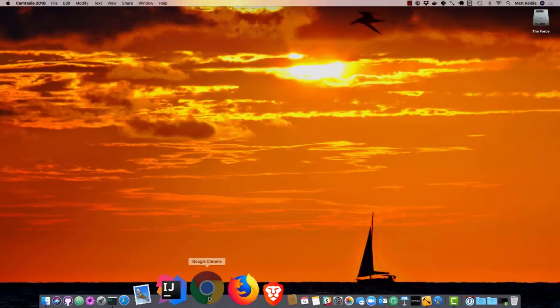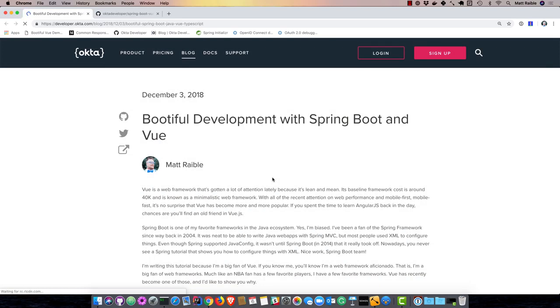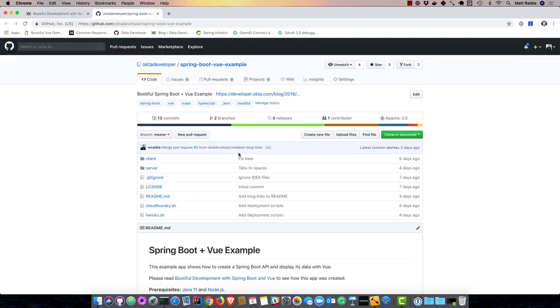So this is based on a blog post that I published earlier this week called Bootiful Development with Spring Boot and Vue. It goes through and shows you how to build a beers API that has a list of beers, and then it filters out the ones that aren't so great and only gives you a list of good beers. The GitHub repo for this is in the Okta developer org at spring-boot-vue-example,